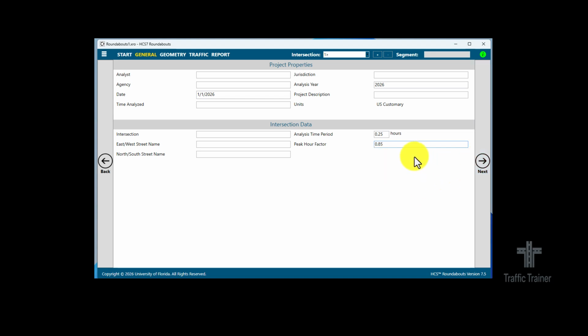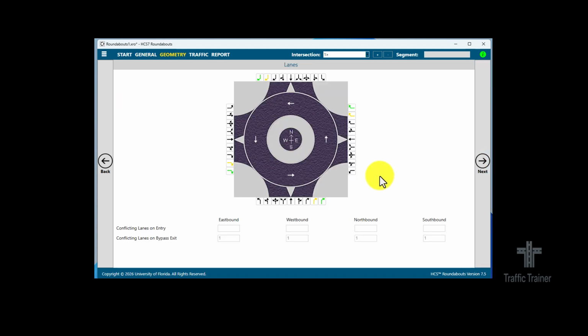So once you have put in the introductory information, you will click next, and this is actually the main working window. Here you have to give the lane disciplines and the number of lanes that are available in your roundabout. So these are the circle lanes. Right now it's showing only one lane in the circle, but it's not showing any lane or direction of movements here. So we need to enter the appropriate direction by clicking on these little direction boxes